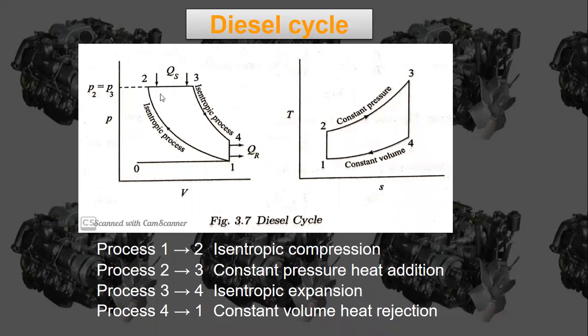Okay, see at constant pressure, that means the piston is going to move from here to here. That means from top dead center to bottom dead center, because some parameters are constant, we are going to have some constant pressure heat addition here. Okay, that means it is only an assumption. Because of this assumption, we are going to have this process 2 to 3, the constant pressure process, and in this process we are going to add some heat here.